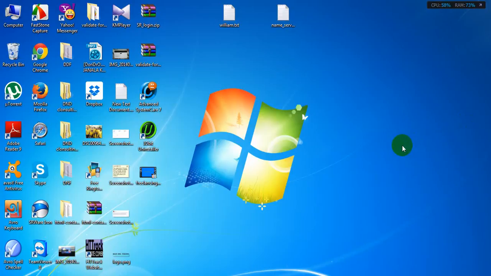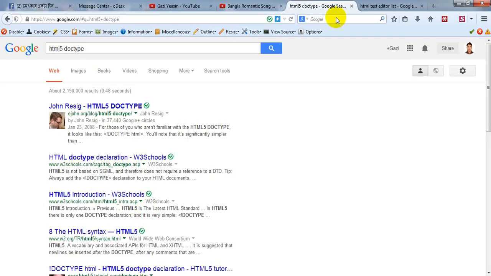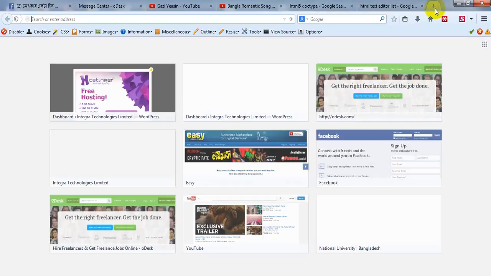HTML, the full meaning of HTML is hypertext markup language. To write this markup, we need a text editor. However, let's start. First of all, we can ask Google,